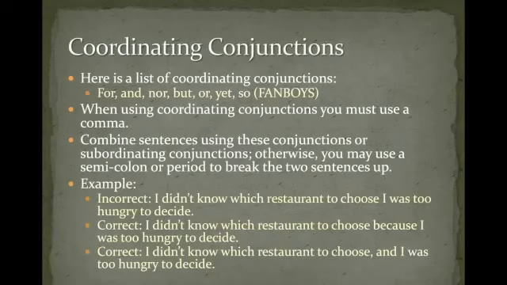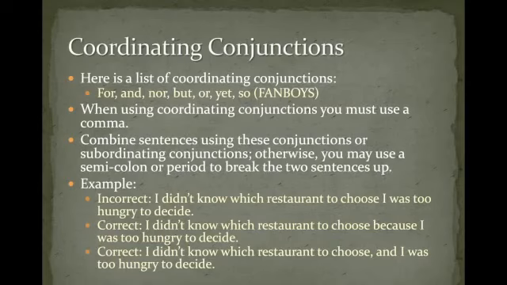Now, you have a lot of coordinating conjunctions that are quite common, but the most common coordinating conjunctions would be your fanboys: for, and, nor, but, or, yet, and so. Now, when you use a coordinating conjunction like this, you must use a comma. When you combine sentences using these conjunctions or subordinating conjunctions, you might use a semicolon or a period to break